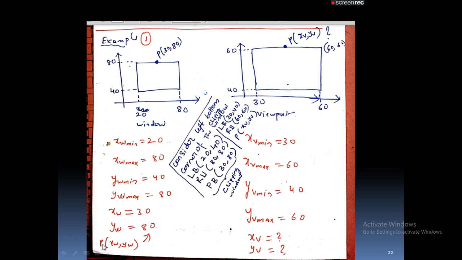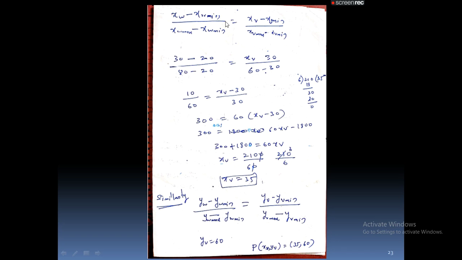That is nothing but a point. One point P is given. That is xw, yw. Xw is 30 and yw is 30. It is given. But we need to determine the corresponding pixel position, that is xv and yv, on the viewport. So to determine this, I write the x-axis value with respect to the clipping window on the left side of the equal-to operator, and on the right side of the equal-to operator,